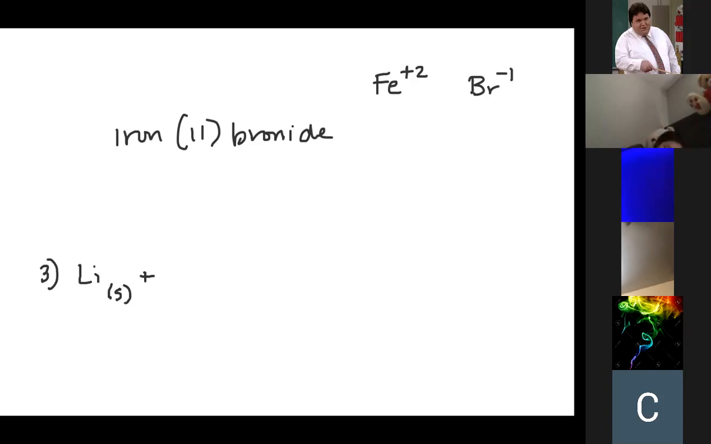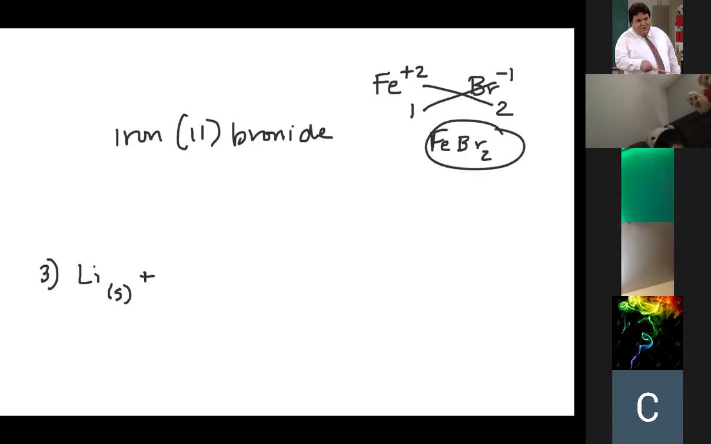Okay, so then we simply crisscross. When we do that, we get Fe1Br2, and then I can get rid of the 1, and we get FeBr2. So therefore, when I come back to my problem,